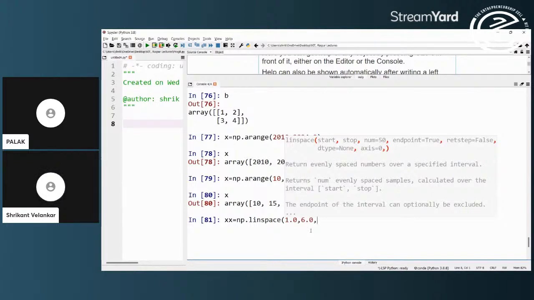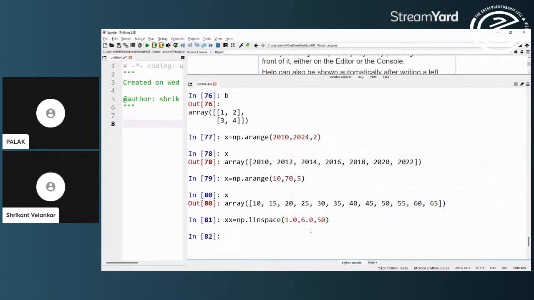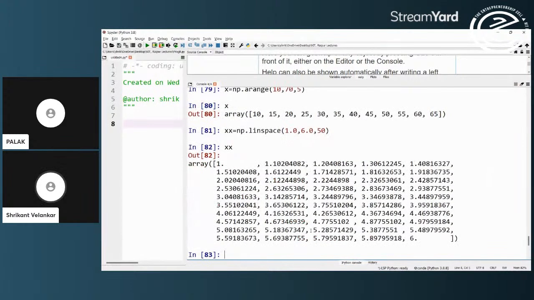Now in arange, we have to give the step size, whereas in linspace, I have to give how many different samples this particular interval 1.0 to 6.0 should be broken down into. So say 50. Now if I take that, you will see that you will get this.